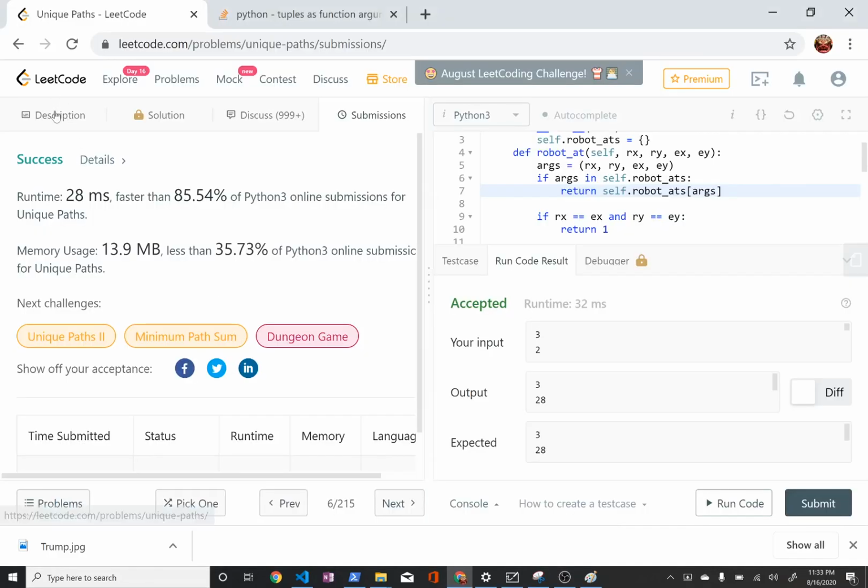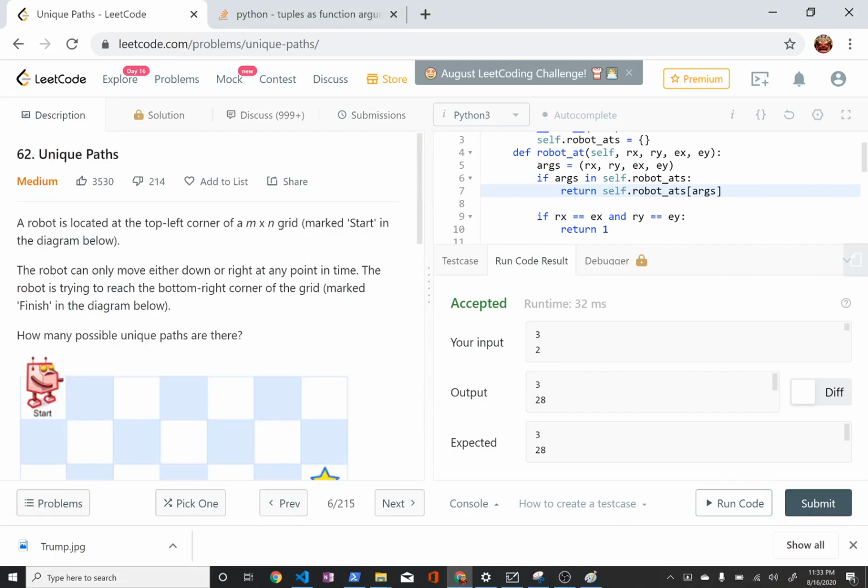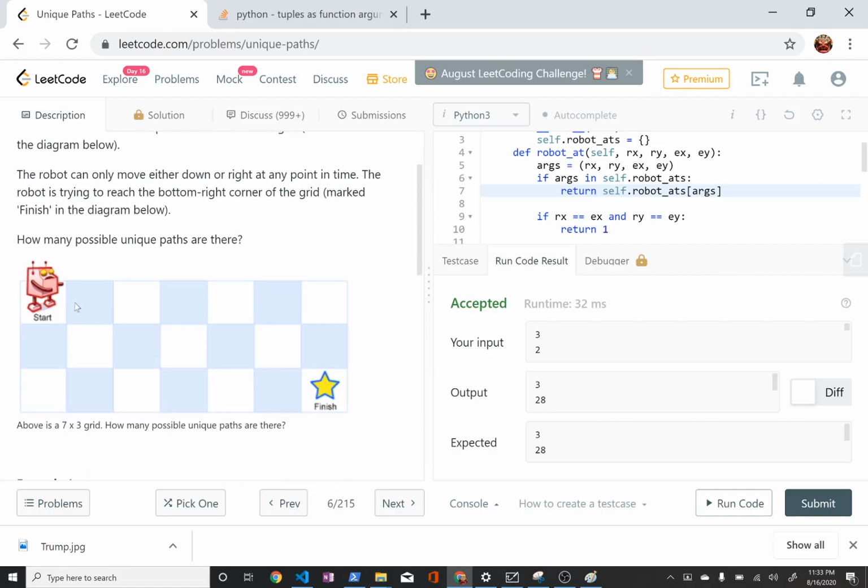Today I'm talking about LeetCode problem 62, unique paths. What this problem asks is it asks you to write a function that, when given an m and an n that describe a grid, m being the width of the grid, n being the height,